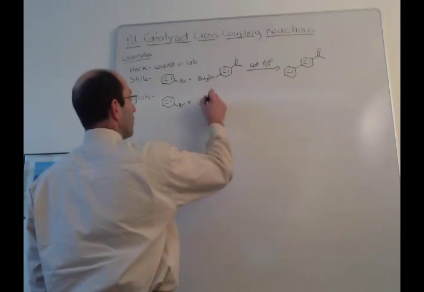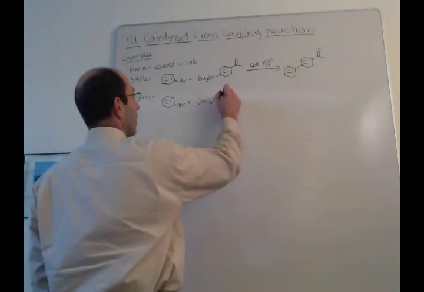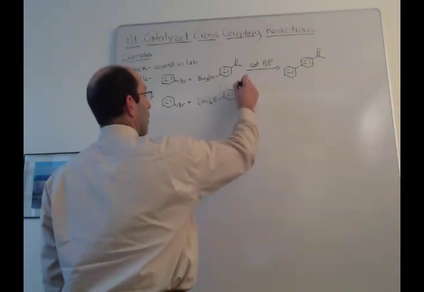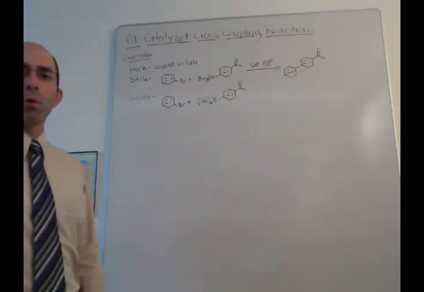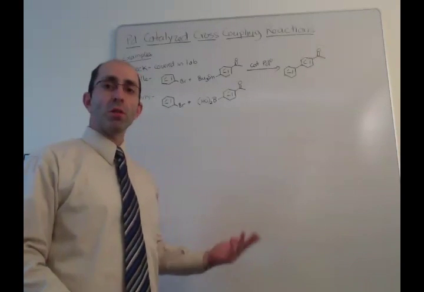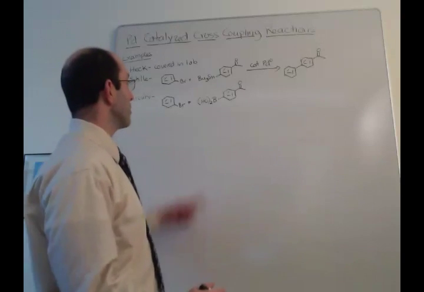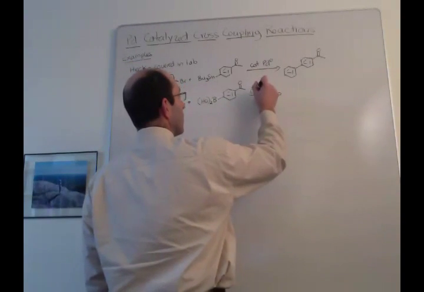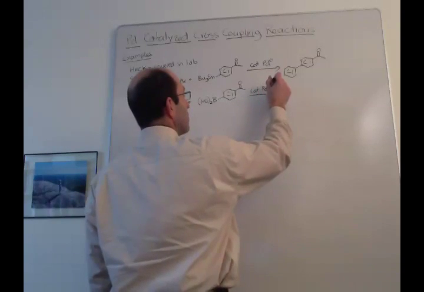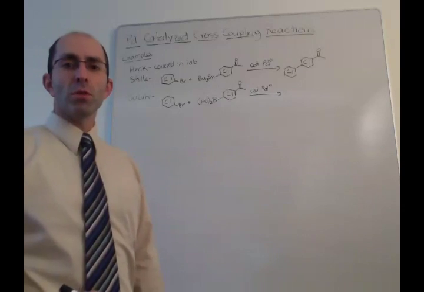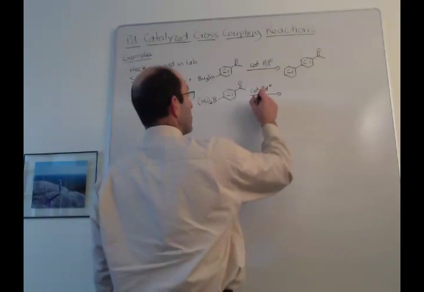So we'll use something that looks like this, which is called a boronic acid, but we're going to use a carbon-boron bond, and that will eventually become the carbon-carbon bond that we want. So again, boron in place of tin. When we do these reactions, again, it's going to be catalytic palladium 0. The only difference is for a Suzuki reaction, we have to use a base. Without a base, the reaction will not